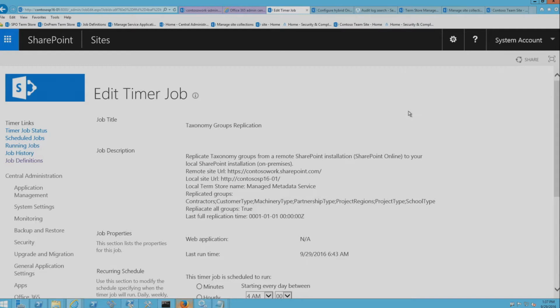In regards to the taxonomy, does it have any implications on search as they define? So when you replicate your taxonomy from online to